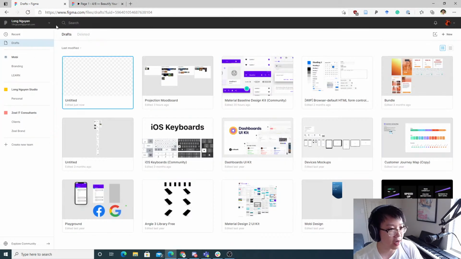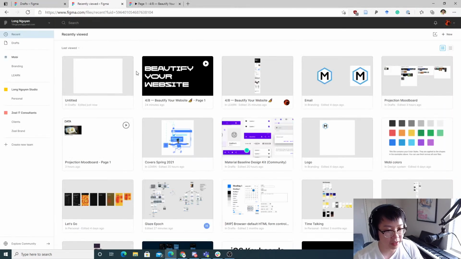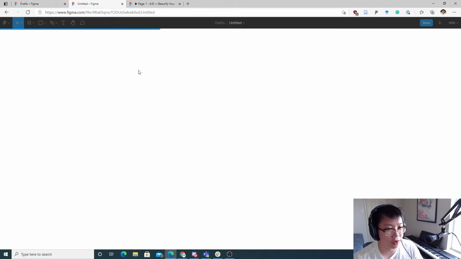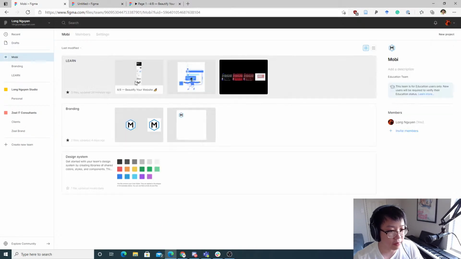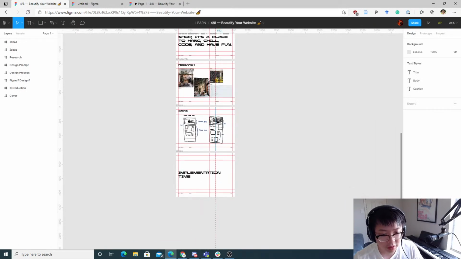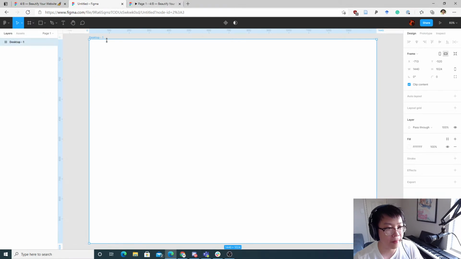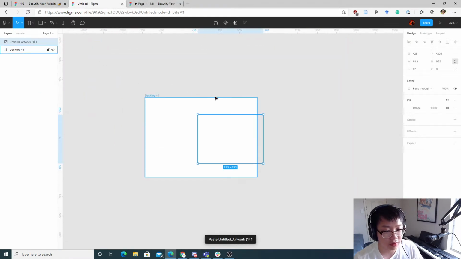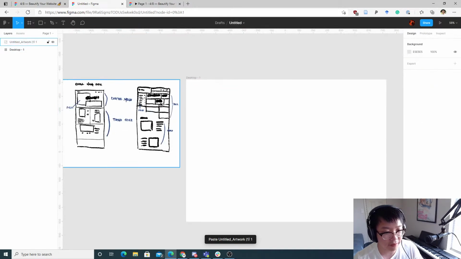You can have multiple Figma tabs, one for the Figma you're working on, and one for maybe where your inspiration is. So for me, my idea is like this, right? So I have my reference side by side from the desktop